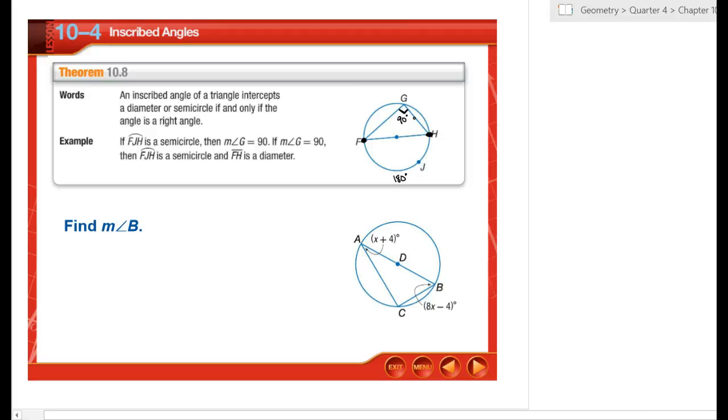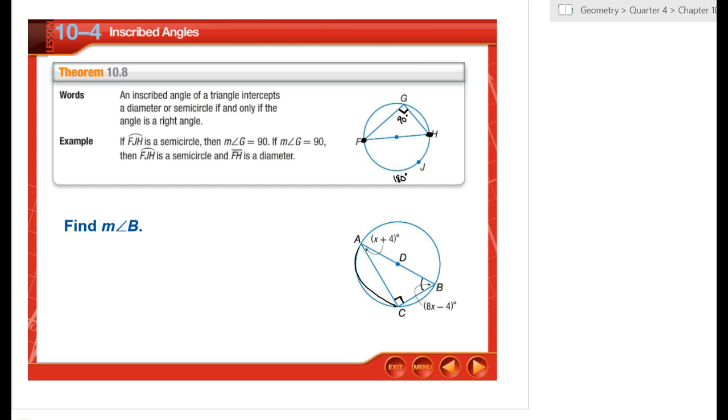So here, angle B. Alright? I see that AB is a diameter. So I know angle C is 90. But angle B, it doesn't create the same arc that A does, so I can't set them equal. Because angle B makes this arc, whereas